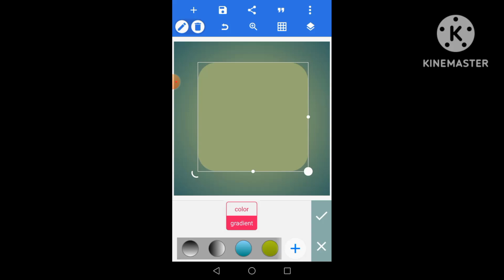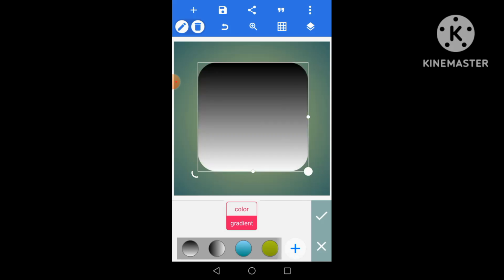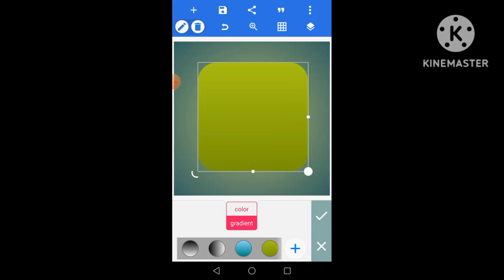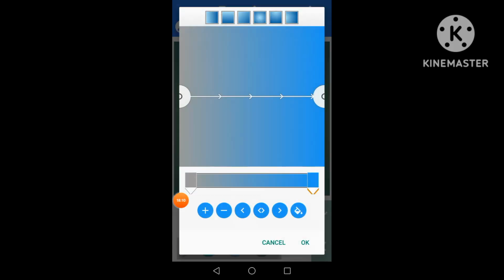You can choose up to 2 or more colors in gradients. It's so nice when you're doing design, when you're creating backgrounds. You don't just use plain colors for your background, it's boring. So you can use things like this and the rest to make it more interesting. In case you have a particular gradient in mind, you can always click on this plus, and then